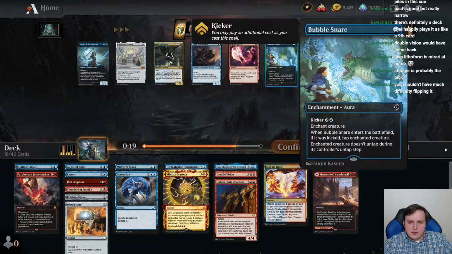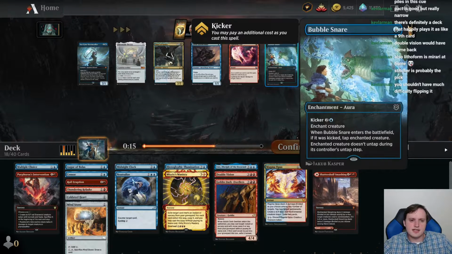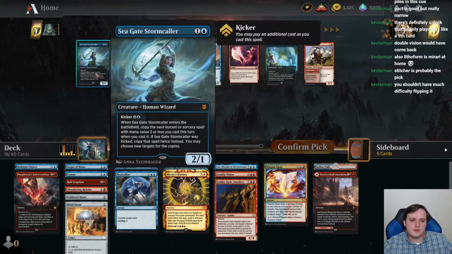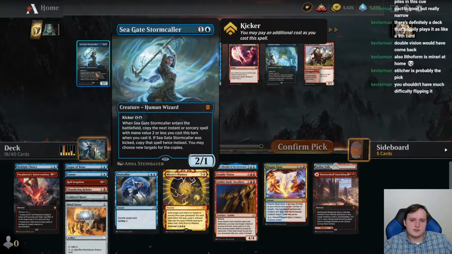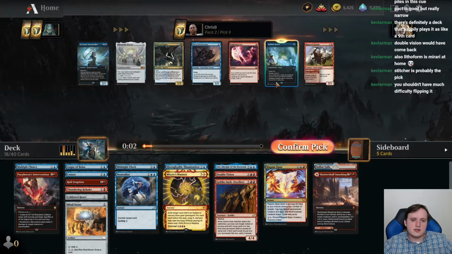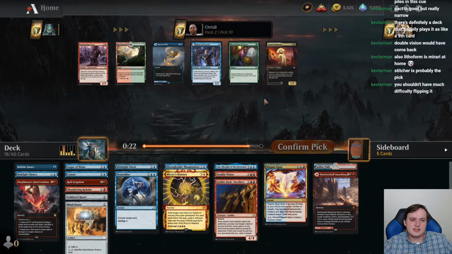Oh, Bubble Snare, what do you do? 1 mana, enchanted creature doesn't untap. That's not exciting, but neither is every other card here. I'm still pretty unconvinced Seagate Stormcaller is something we should try to play. I mean, I guess I could try to make Lava Axe work. Maybe I'm supposed to take Lava Axe. I really don't want to take Lava Axe. It's also sort of a...